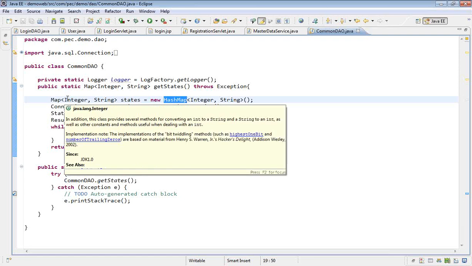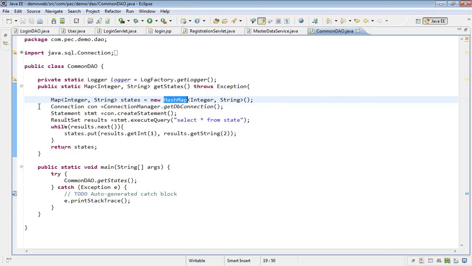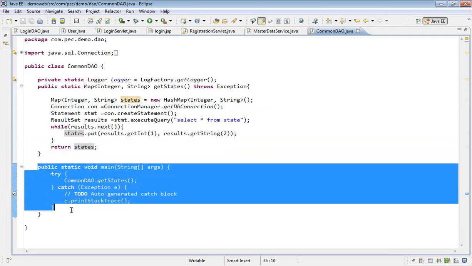Left side it is a number and right side you can have the object. It is an associative array, if you say PHP, right? Yeah, in PHP you have it. Yeah, exactly. So I just prepare that, and just discard this main method,